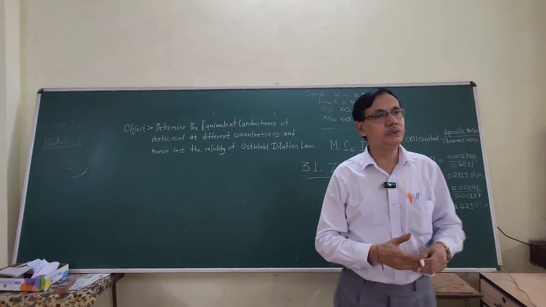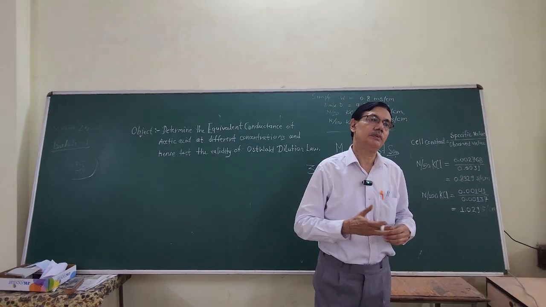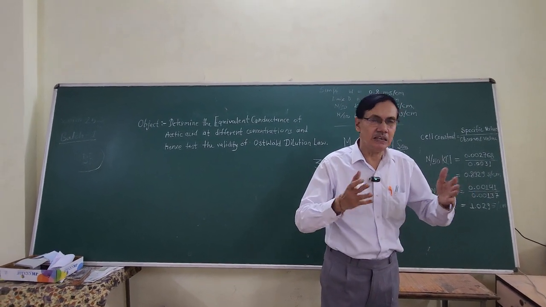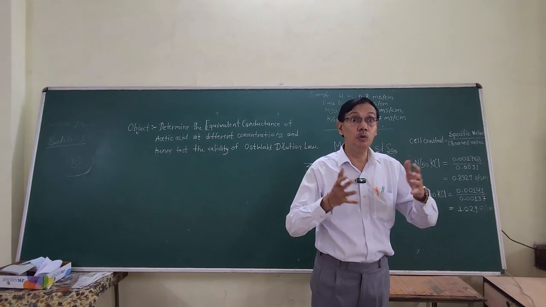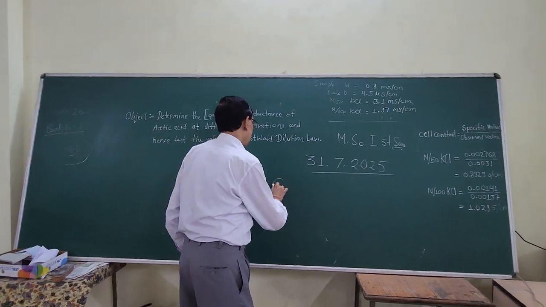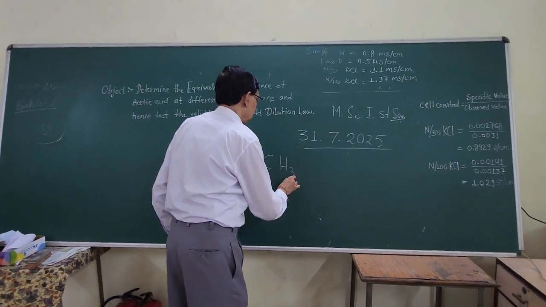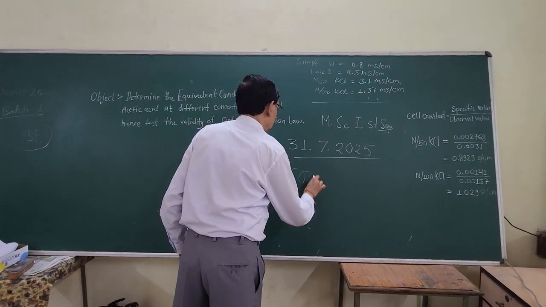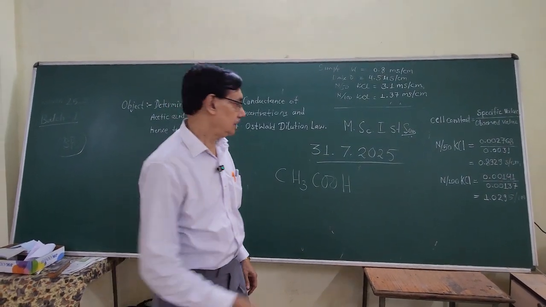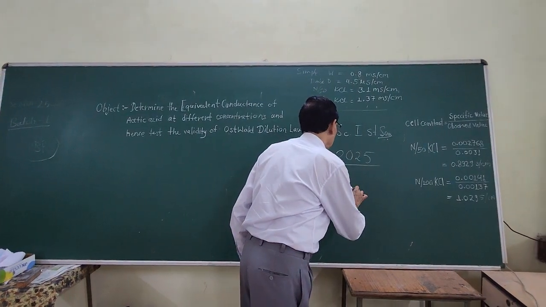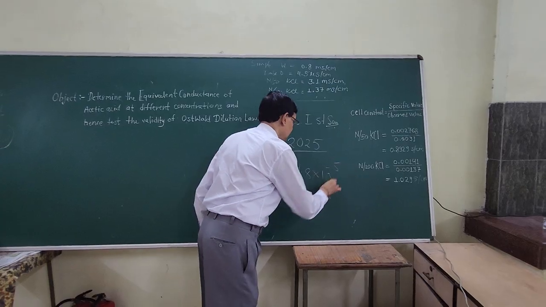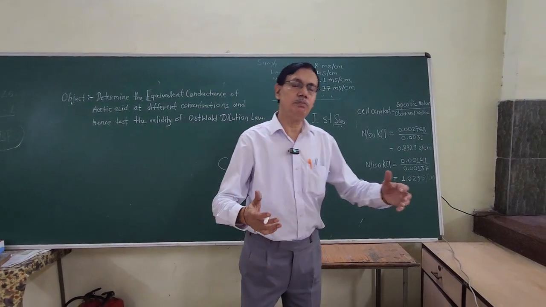You all are aware of the various theories of observed conductance, specific conductance, as well as equivalent conductance. Here we will determine the dissociation constant of acetic acid, and this value at room temperature is approximately 1.8 times 10 to the power minus 5. For this simple experiment,